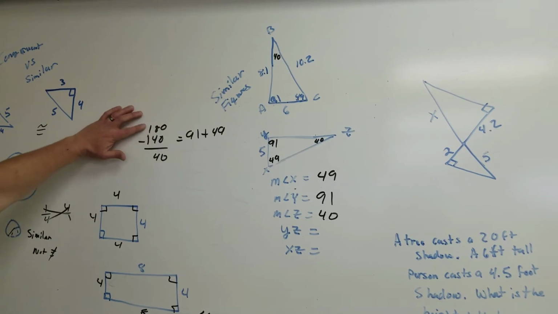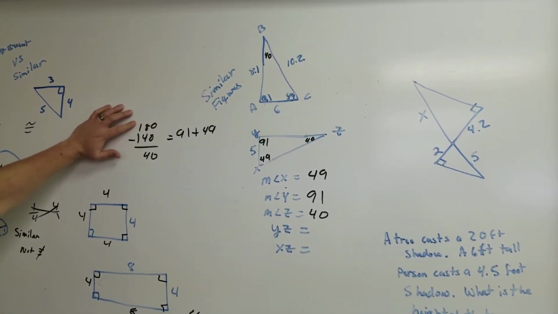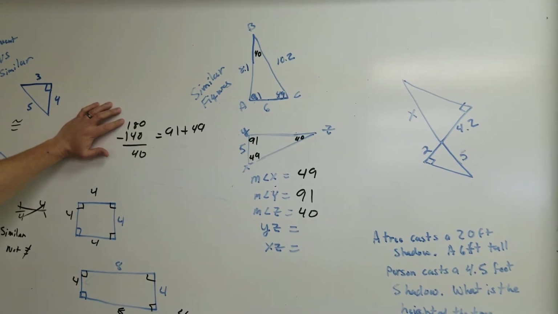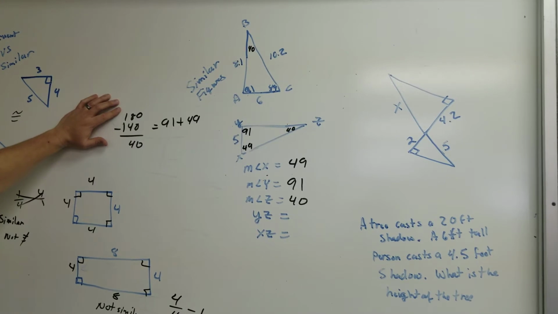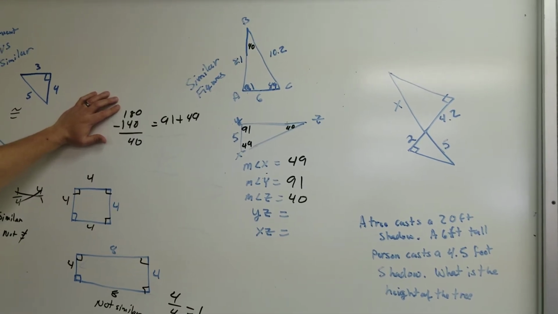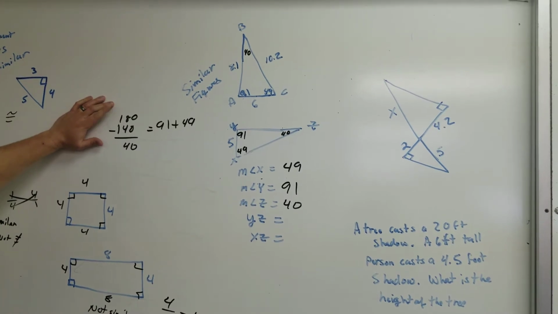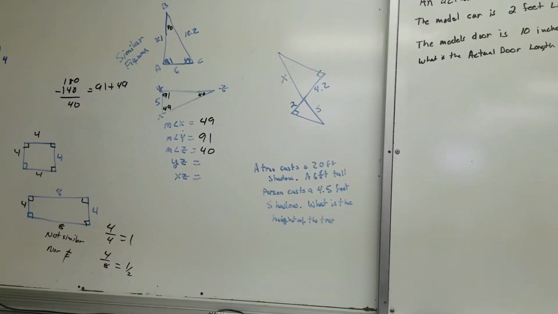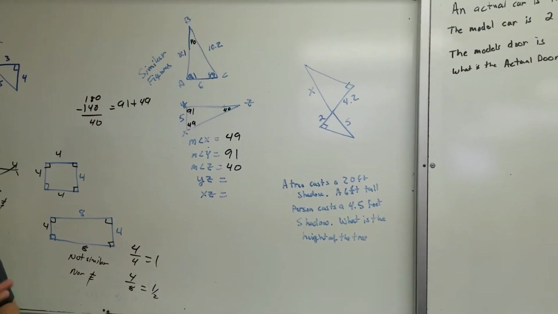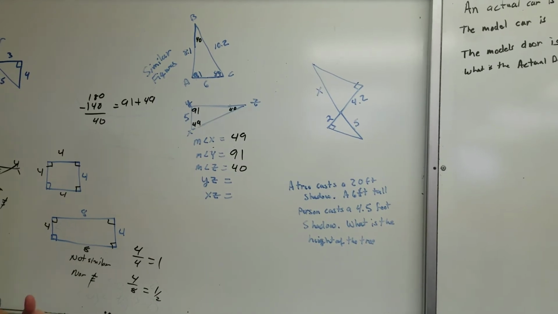This little trick of having 180 degrees be the measure of any triangle is going to be important on this assignment, on this test. You need to know that. If it's a quadrilateral, if it has four sides and four angles, those must add up to 360. Those are some things you're going to need to remember no matter what. Now let's talk about the side lengths. The side lengths are not exactly the same because they're not congruent, but they do correspond with the same